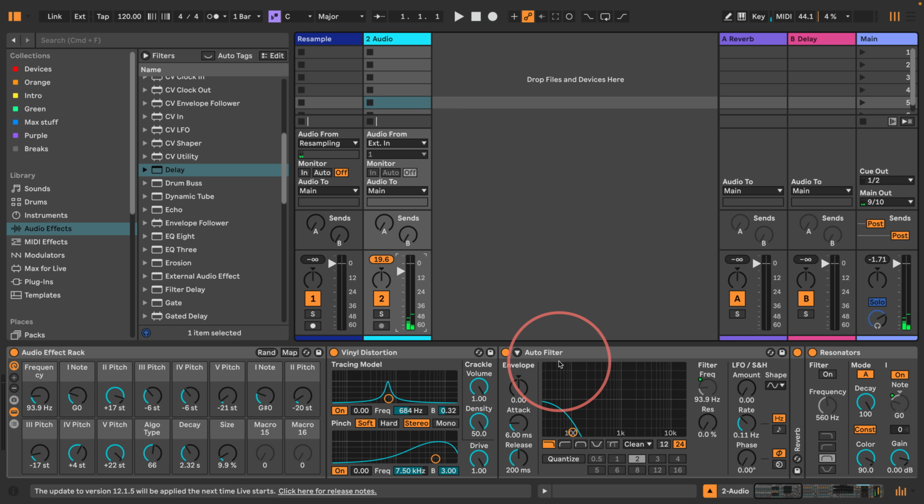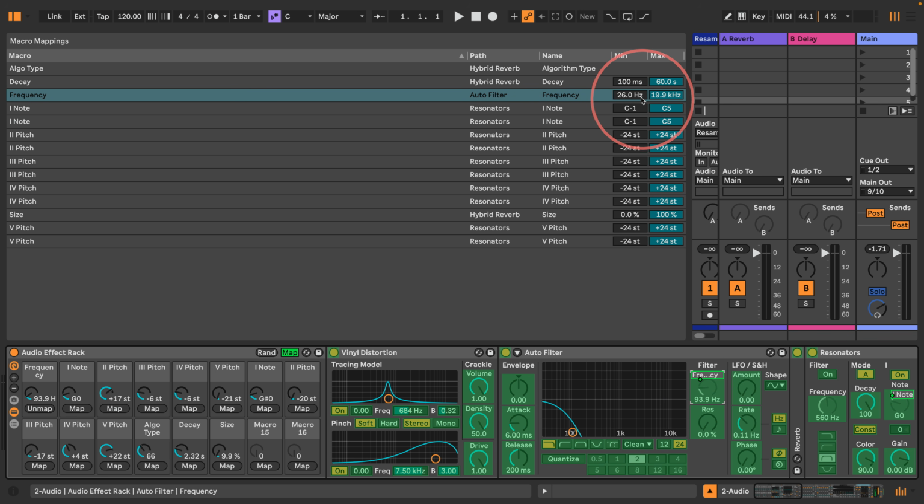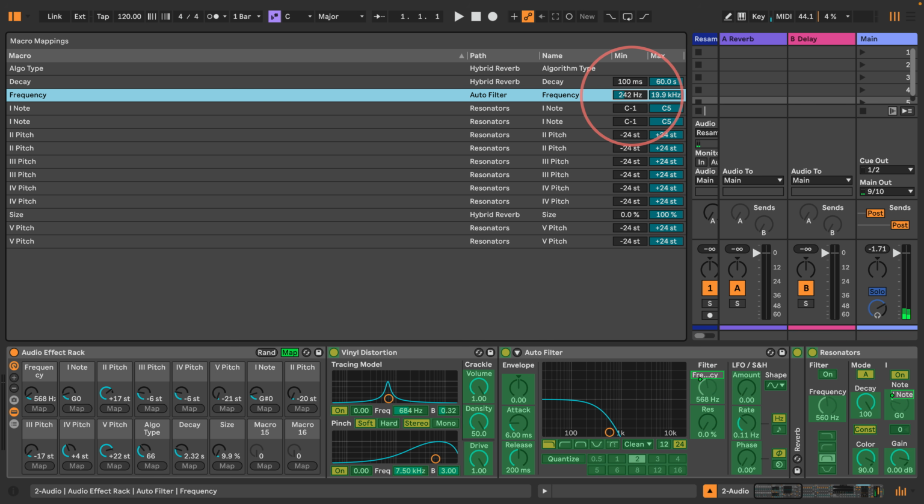Okay, so what we've done here is that the filter is a little bit too low. It's gone down to 90 hertz and it's basically filtered out all of the vinyl distortion crackle. Maybe putting the filter here wasn't such a good idea, but let's just address this right now. Let's click on this filter map and just bring this up to something like